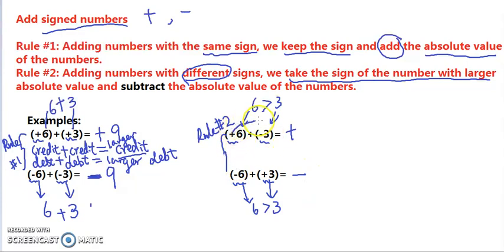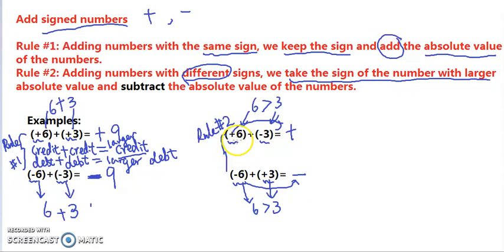And next, so take this sign, and we take this sign right here. And next, although it says addition, you're not going to add 6 and 3. You actually have to subtract them. And why is that? We can also use the real life example to